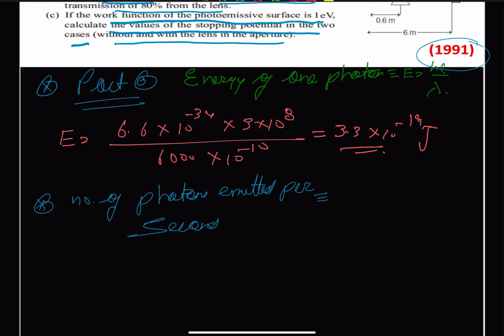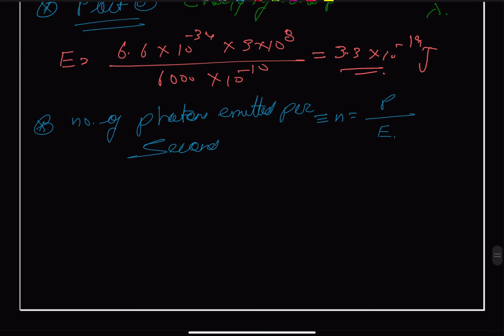Suppose that is given as n, so n will be equal to power divided by the energy, and we will know both the values. Power is our 2 and energy we found out is our 3.3 into 10 to the power minus 19, which gives us 6.06 into 10 to the power 18 per second,